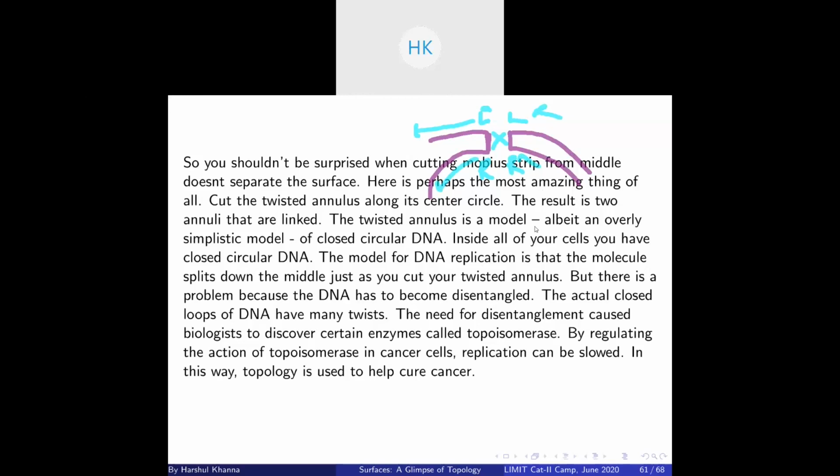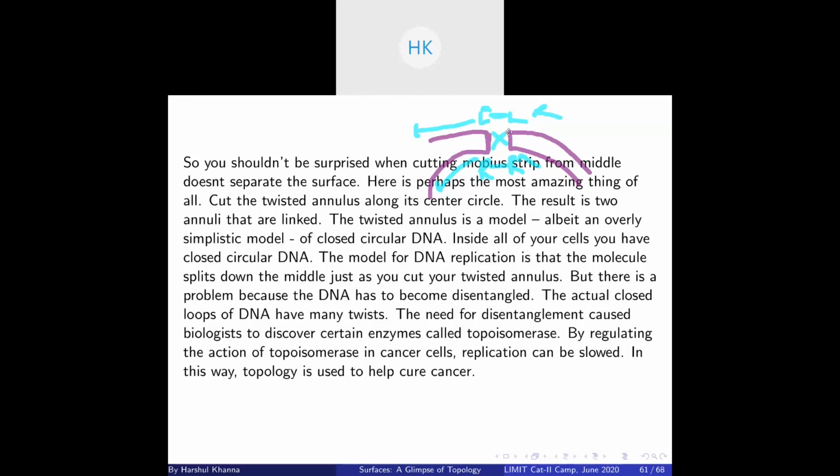An odd number of half twists will give us one boundary component, but an even number of twists will give us two boundary components, because with an even number of twists, left will be mapped to left and right will be mapped to right. So you can explain why cutting along the center is separating when you get the surface with a full twist.